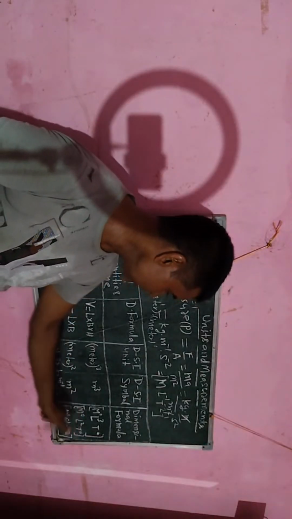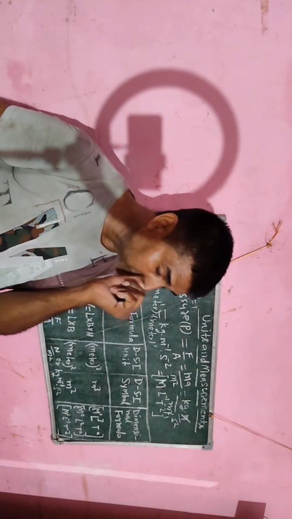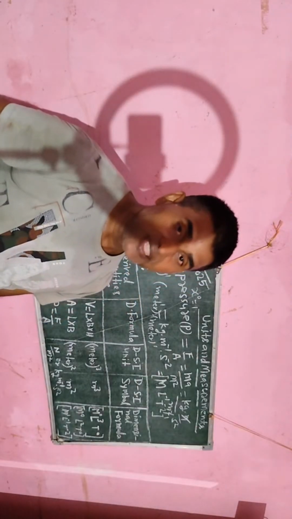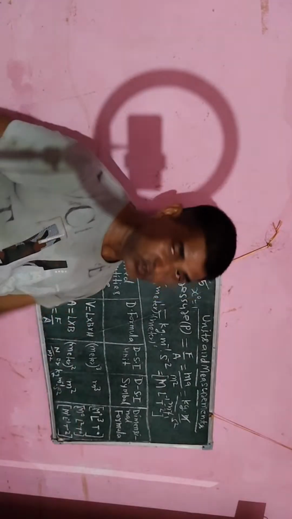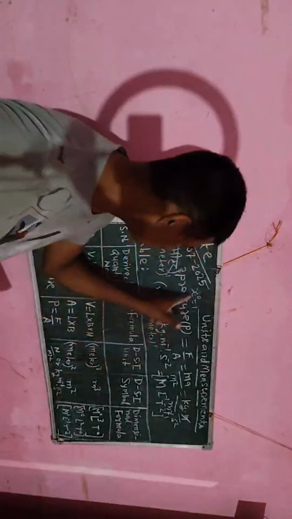मीटर का डायमेंशन एल होता है, यहाँ पर पावर 2 है तो एल स्क्वायर हो जाएगा। यहाँ पर विमीय सूत्र में अगर एम और टी नहीं होता है तो उसके लिए हम अरेंज करके लिखेंगे एम को पावर 0 और टी को पावर 0, क्योंकि उसका वैल्यू 1 होता है। हम जानते हैं कि कोई भी